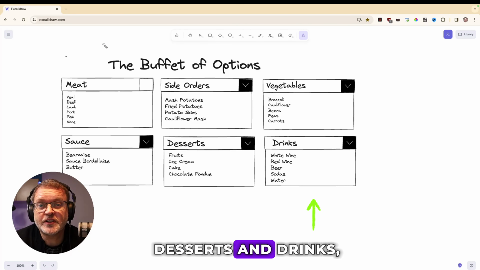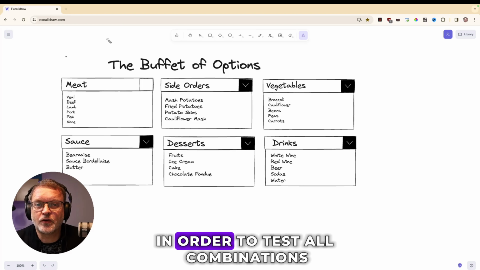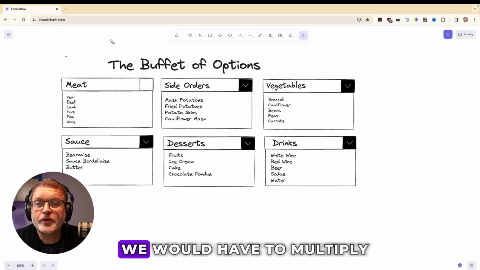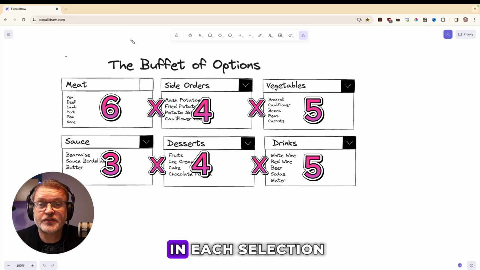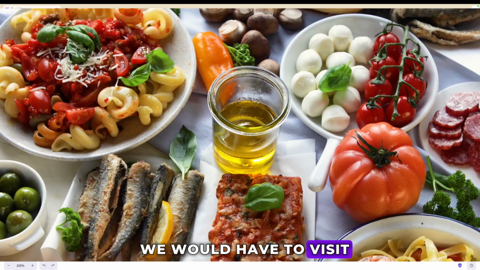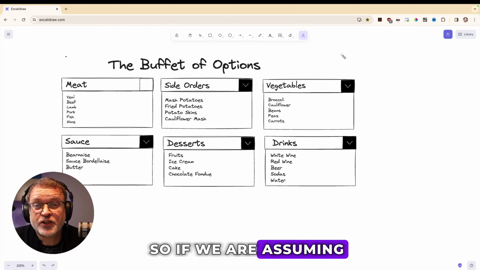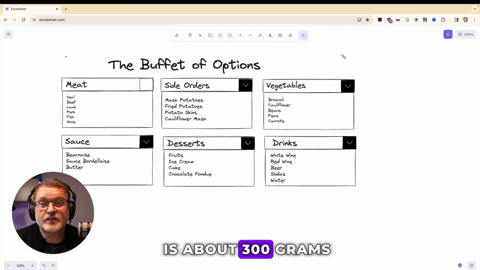sauces, desserts and drinks. And to find out how many test cases we need to test in order to test all combinations, we would have to multiply the number of values in each selection. And the result of this would mean we would have to visit the buffet 7,200 times. So if we are assuming a plate of food is about 300 grams, that is